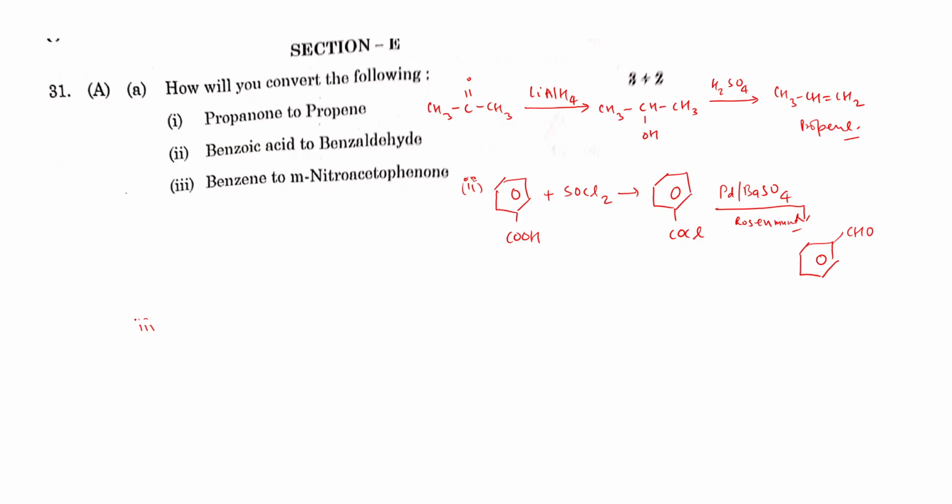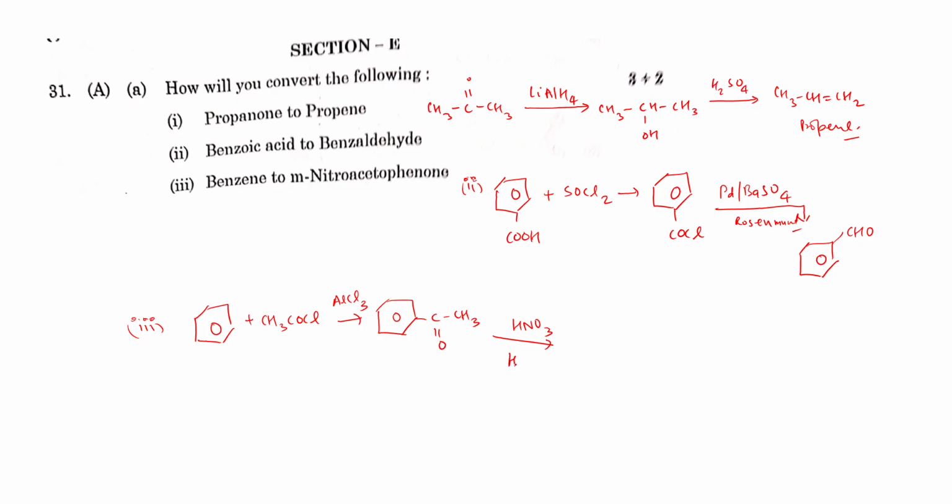For the third one, now we have to convert benzene to meta-nitroacetophenone. Okay, so first let us carry out the Friedel-Crafts reaction of benzene. When benzene reacts with CH3COCl, this is Friedel-Crafts acylation. So the reagent is AlCl3. What we get is COCH3, acetophenone. And when this acetophenone reacts with HNO3